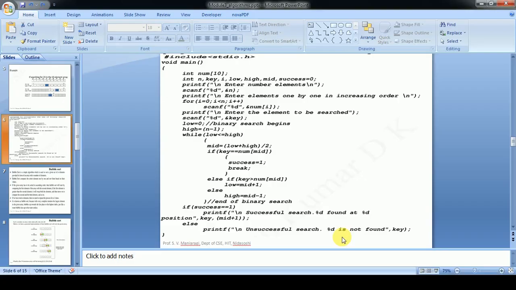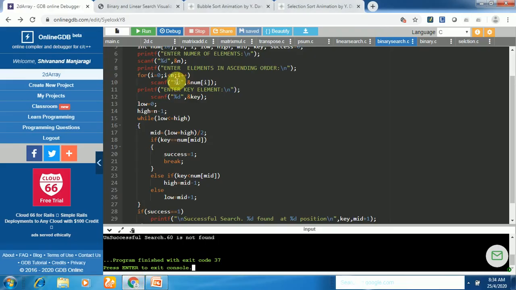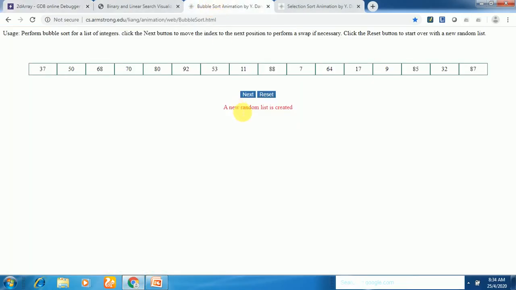Now let us see its simulation, how it is going to work here. So in this example, this is the array we have taken. Now let us see how it is going to execute. Comparison will begin from the first element itself. The first element is compared with the next element. So we'll start from i equal to 0 because the index value starts from 0.